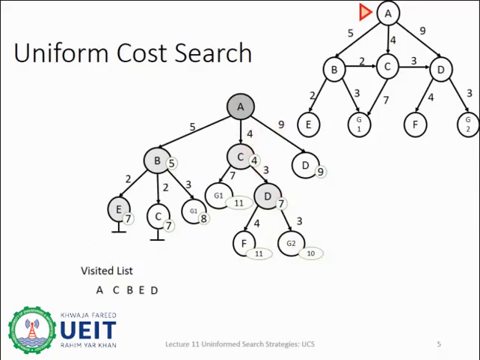Now we have 2 dead ends here, E and C, and we have a total of 5 active paths that we can explore. We can explore G1 with the cost of 8, G1 with cost of 11, F with cost of 11, G2 with cost of 10 and D with total path cost of 9. We will look for that node which has minimum path cost, and we will find that from all these 5 nodes, G1 has the minimum path cost, that is 8.